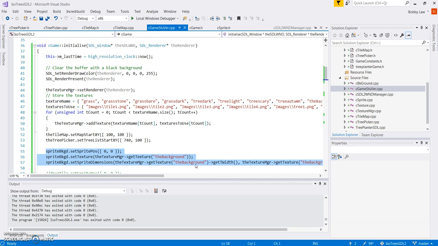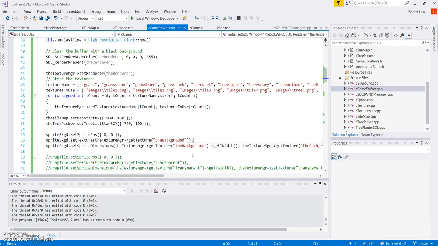Having seen that and done that, now what we want to do is essentially be able to grab a tile, a tree, and drag it and drop it on the main map. To do that we've got a couple of things that we want to do. The first thing is that we need to be able to register the mouse click, take that mouse click and update the tile map so that it positions the tile correctly. To do that, we're going to first of all go down into the